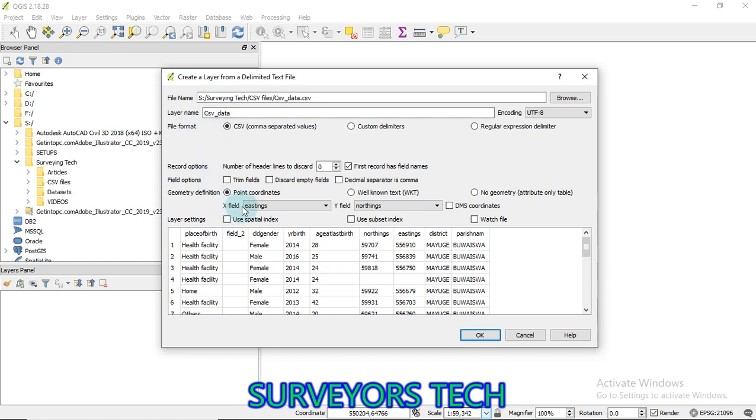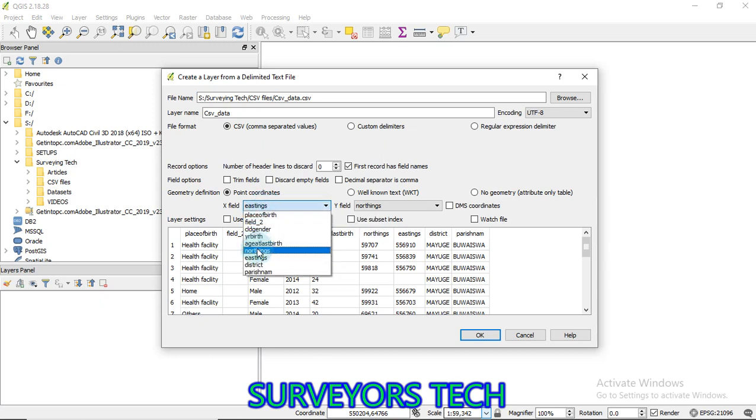After selecting CSV, you come to Geometry Definition. Geometry definition is where you choose which field or column goes for easting, which column goes for northing, or which column goes for latitude and which for longitude, because it is not a must that each time you bring your point data inside here, the columns are automatically recognized as easting and northing.